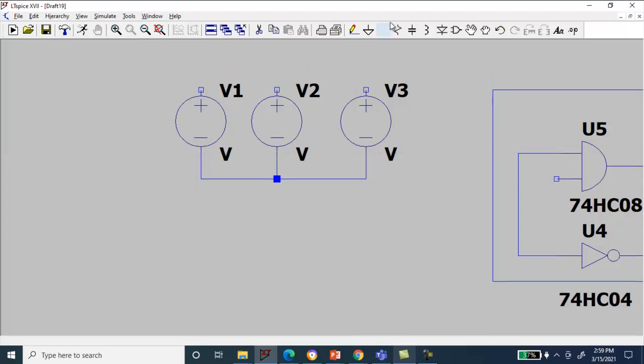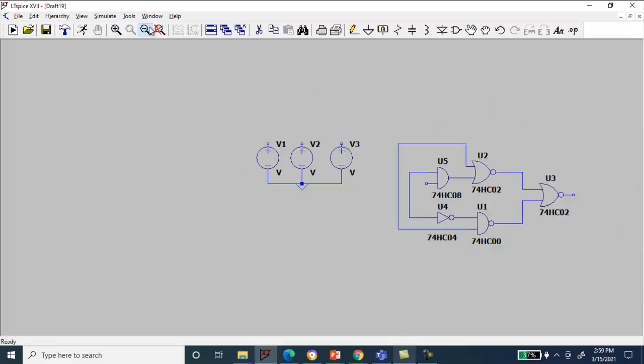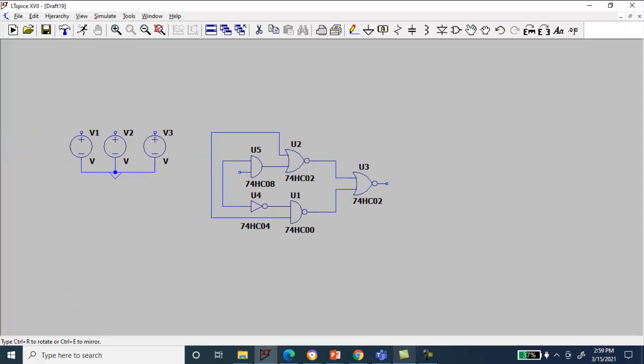Yeah, and then connect your ground here. Let me zoom in. And then pull everything here like this,